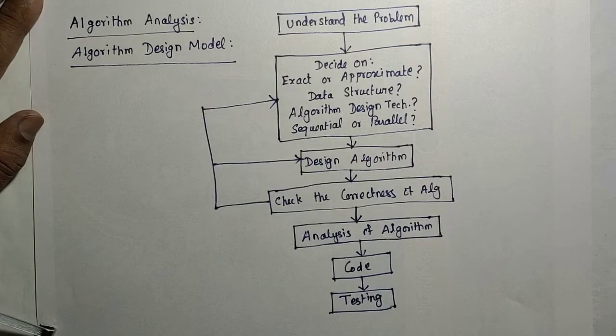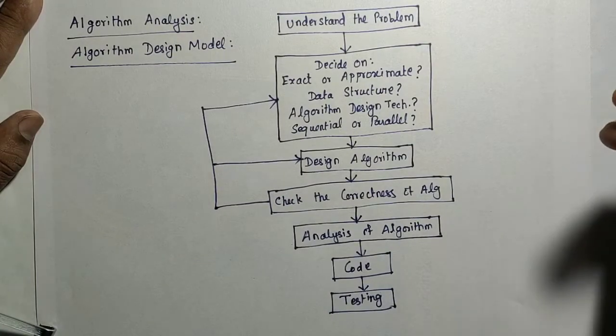If you are not clear in the input and output of the problem given to you, you cannot start the algorithm. So first clearly understand the problem, clearly identify what is the input for the problem and what should be the result for that problem. What is the solution? What is the final output? That you have to decide first.